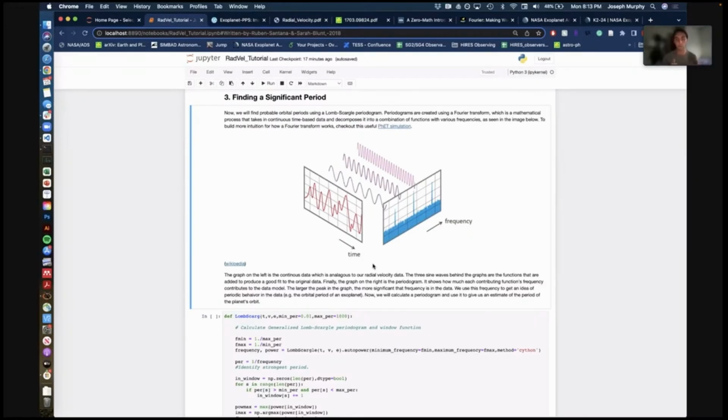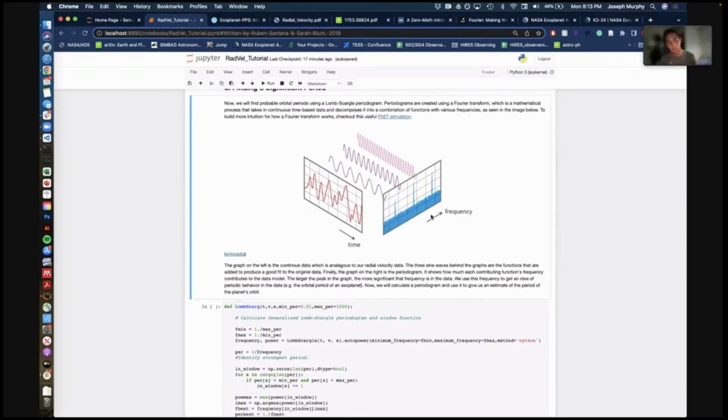So I guess what that means is on the right here, once we take the Fourier transform of this signal,